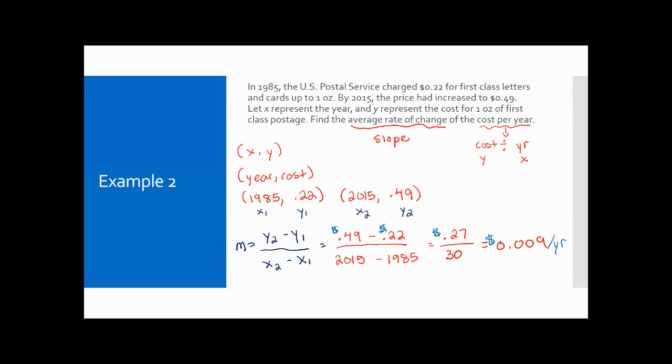Often with slope, you'll get questions like interpret the value of slope, and basically what does this mean? So we write a sentence. If it says to interpret the value of slope, that is telling you to write a sentence. So you would have to say the average price of postage, and I use the word average because it's saying average rate of change. So the average price of postage, and then you say whether we're increasing or decreasing. Because this is positive, we're increasing. So increases,